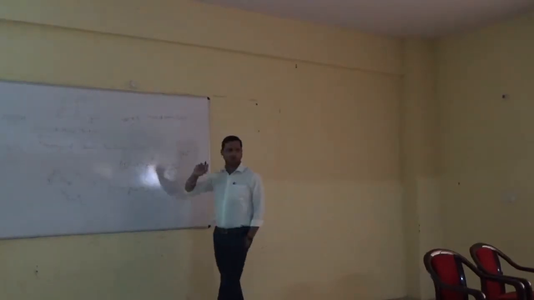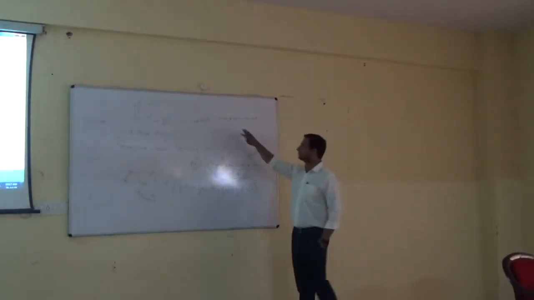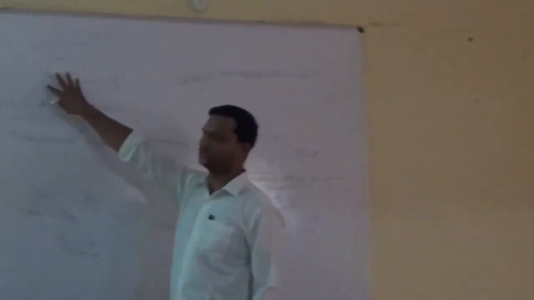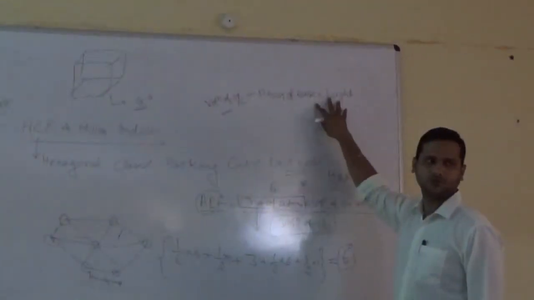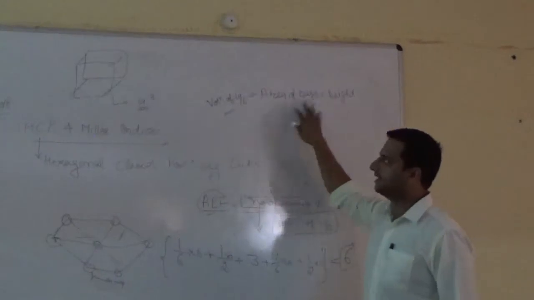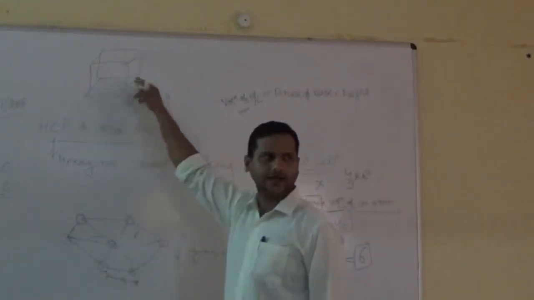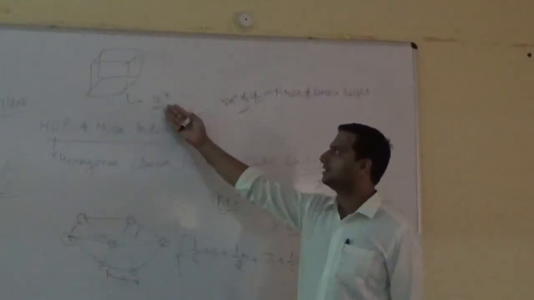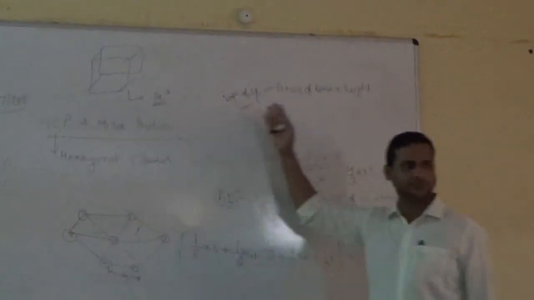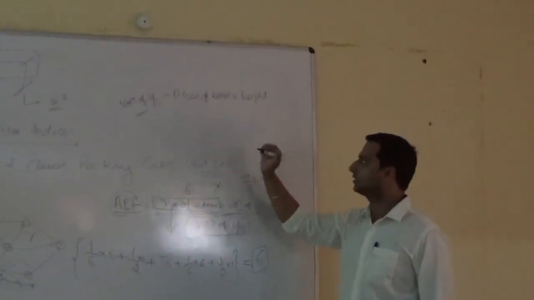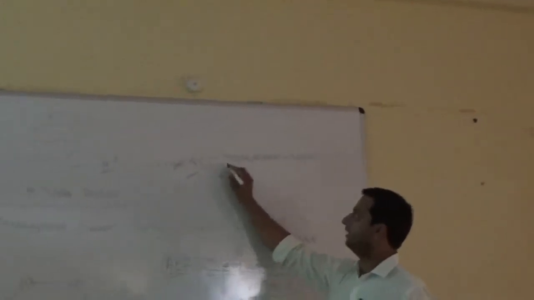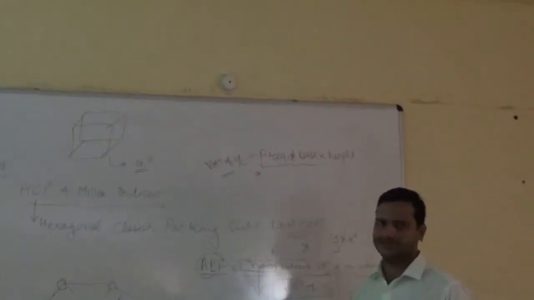Yes or no? For any kind of structure, you may proceed to find out the volume of this cube depending on this also. Okay, as the area of this is a square and height is also A, then we will find out the same A cube if we proceed with this one. So how can we calculate the area of base?